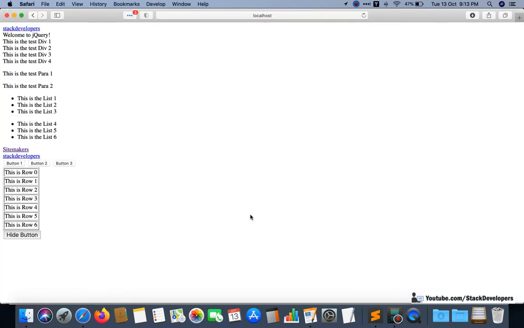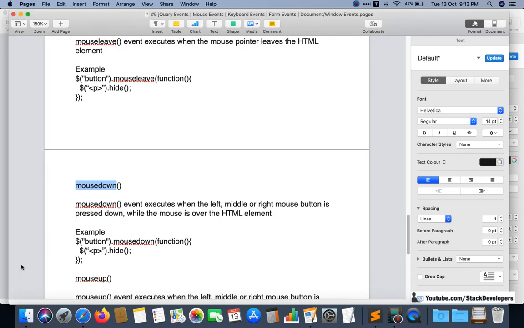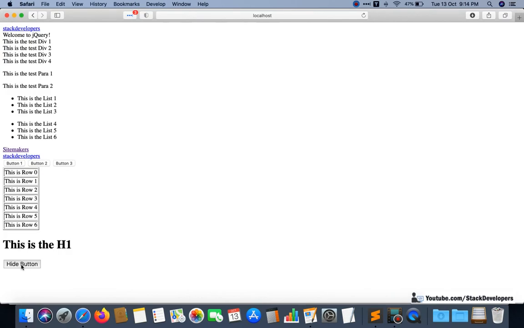See, some of the events I also don't remember, but we can experiment like this. Okay, I am just moving the mouse over the hide button. Okay, here nothing is happening. So we need to click this one and see, I am just pressing, I am not clicking, I am just pressing.